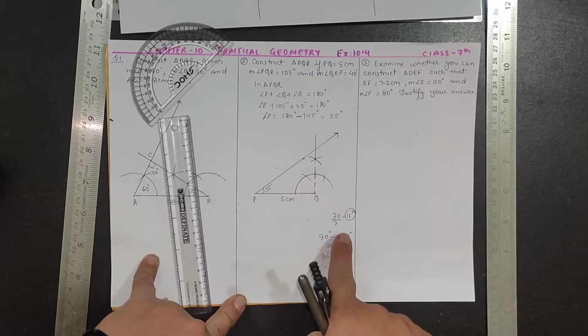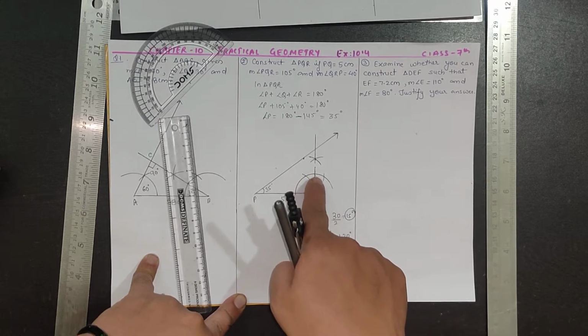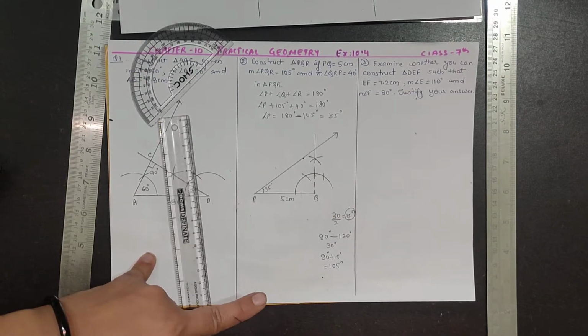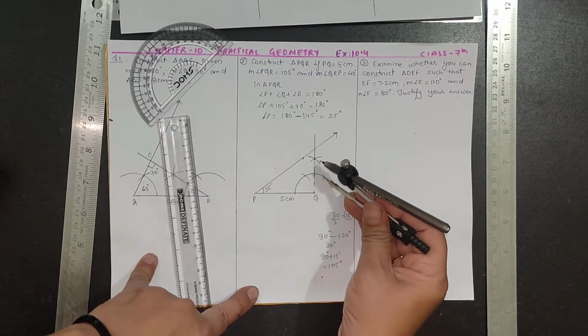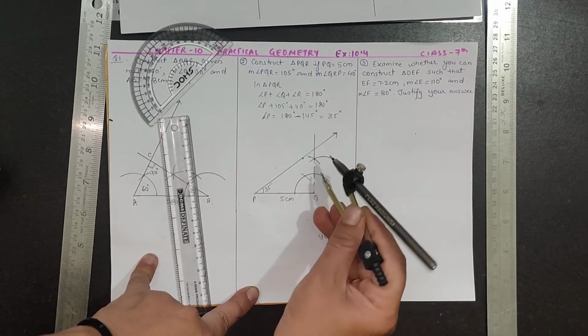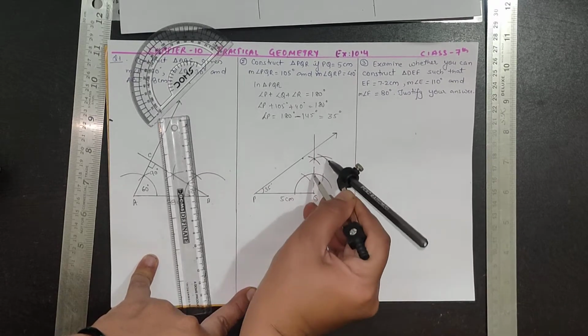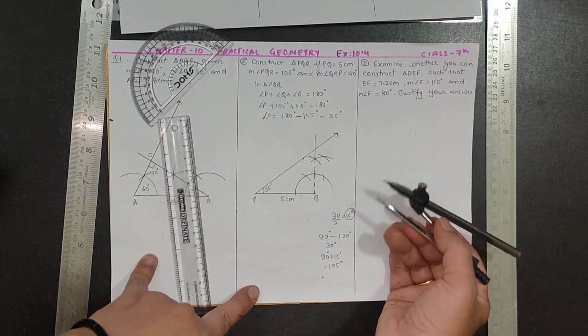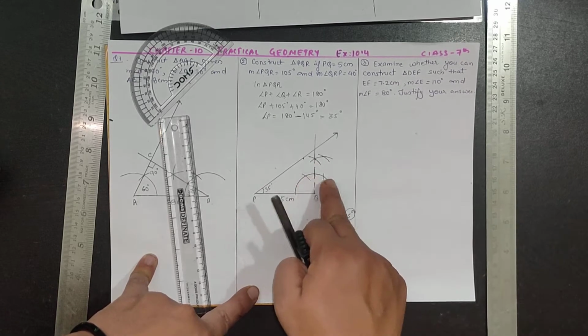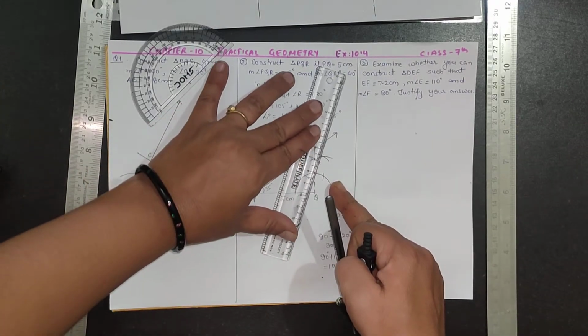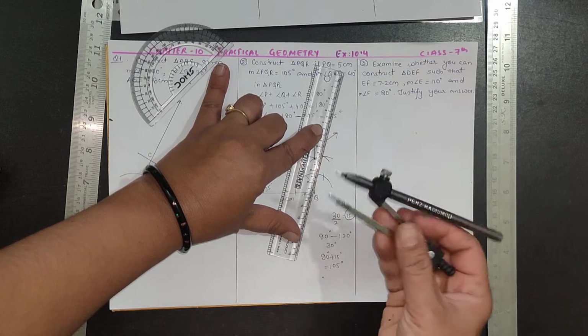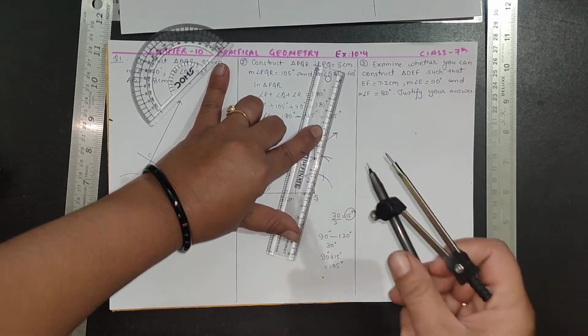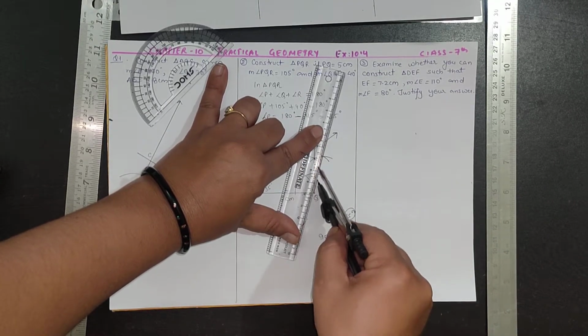It means half of the 90 and 120 can help you to find out the 105. So this is 120, extend this arc like this. This is 90, extend this arc like this and cut an arc on this. So you will get the angle bisector of the angle between this 90 and 120. So this is your 105 for sure.